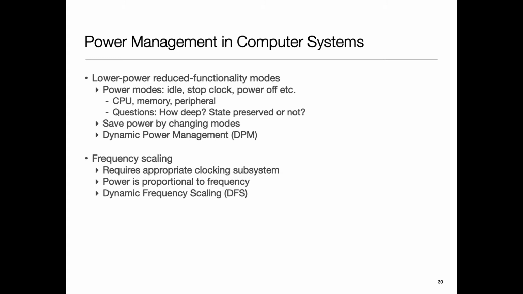Loosely speaking, power is proportional to frequency. My clock decides when I'm doing the work. If the clock is faster, I'm doing work more often. Let's say every clock tick we do an instruction. And each unit of work takes some amount of energy, charging and discharging transistors and capacitors. So power is proportional to frequency to the first order.